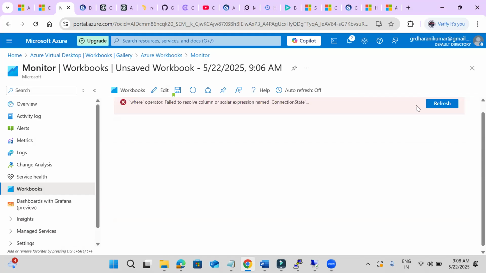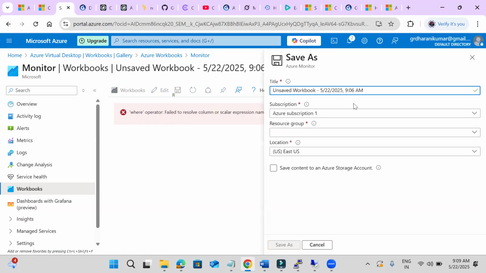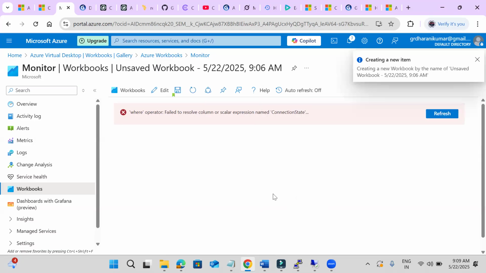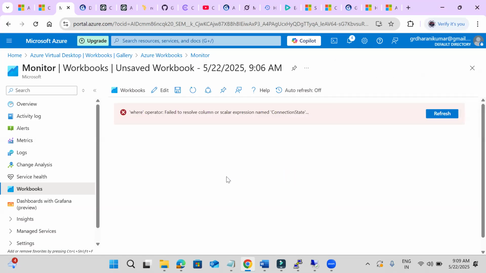Then once you have done that, in the workbook we need to specify the queries and alerts also. We don't have the data to